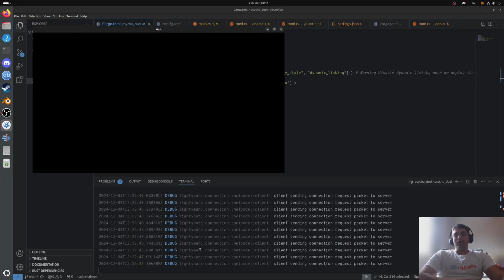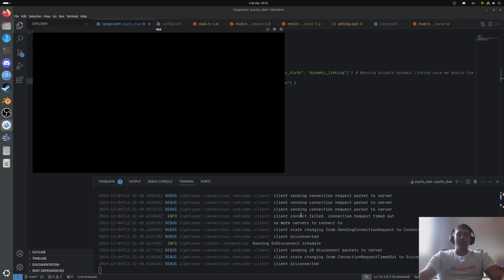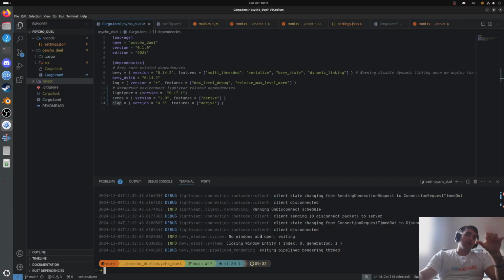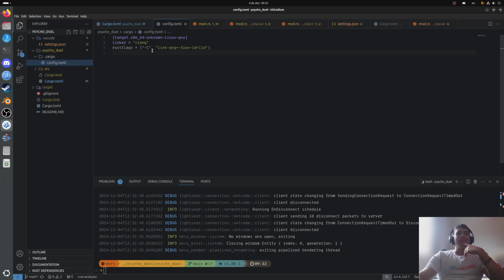And here we are running the client, and the client has a lot more things happening to it. He has a lot of things running, so he's going to do a lot of things. A server usually doesn't have rendering, doesn't have a lot of stuff, so you just do info and you're pretty much good. Clients usually want to see what plugins you're adding and stuff like that. So that's why the log level is a little bigger. So don't get scared about the spam of logging, okay? What else is new here? I mean, this is specific for Linux. In getting started, it's basically a linker. It makes compiling faster. Would not recommend.